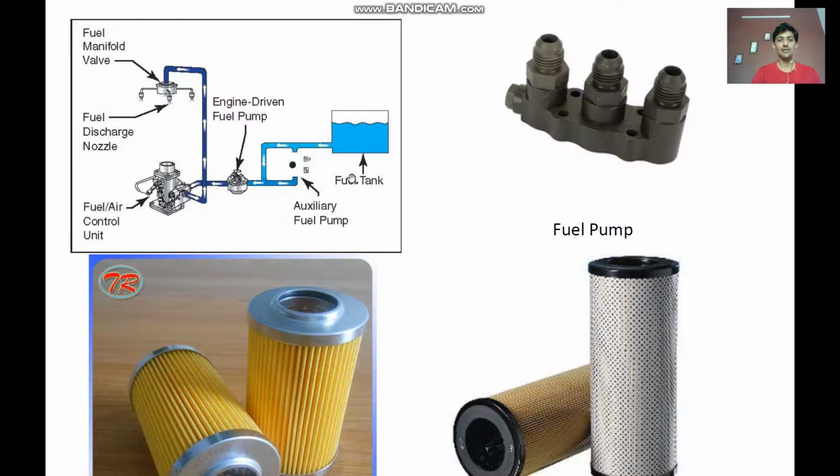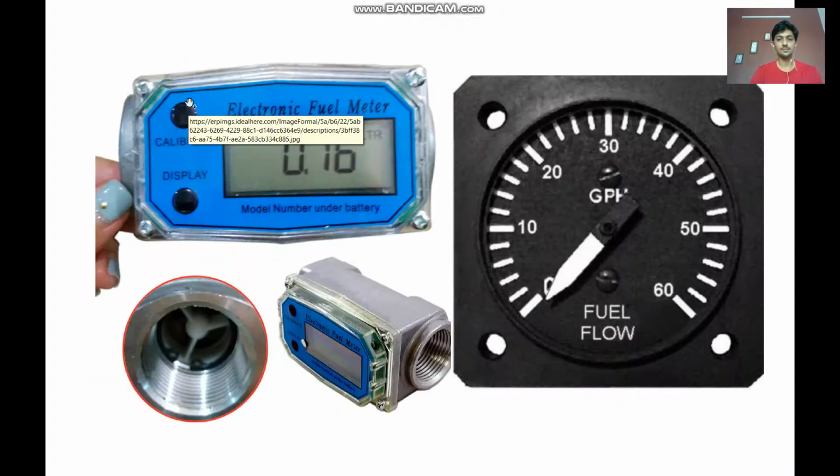So we need to have a tank, an engine driven pump, then a control unit to balance the equivalence ratio, then a manifold, and then nozzles to discharge the fuel or spray the fuel in the combustor. Now apart from that, the fuel measuring meter; here this is an analog type of meter